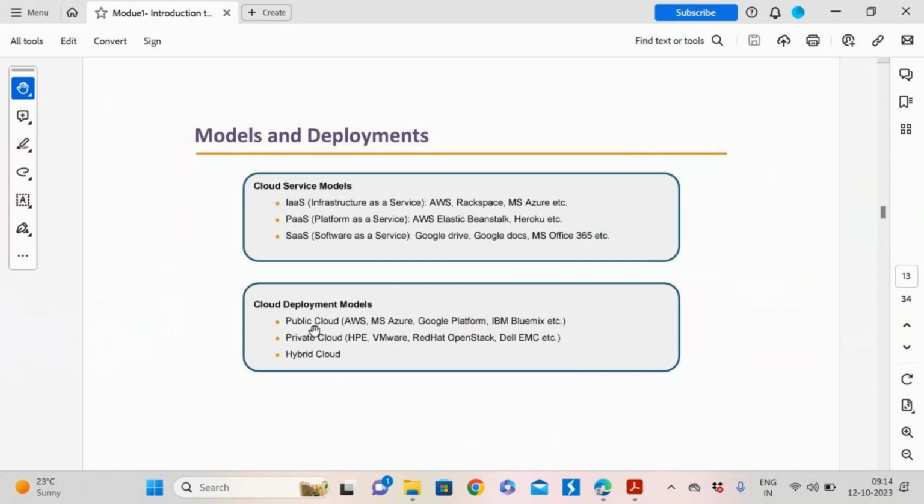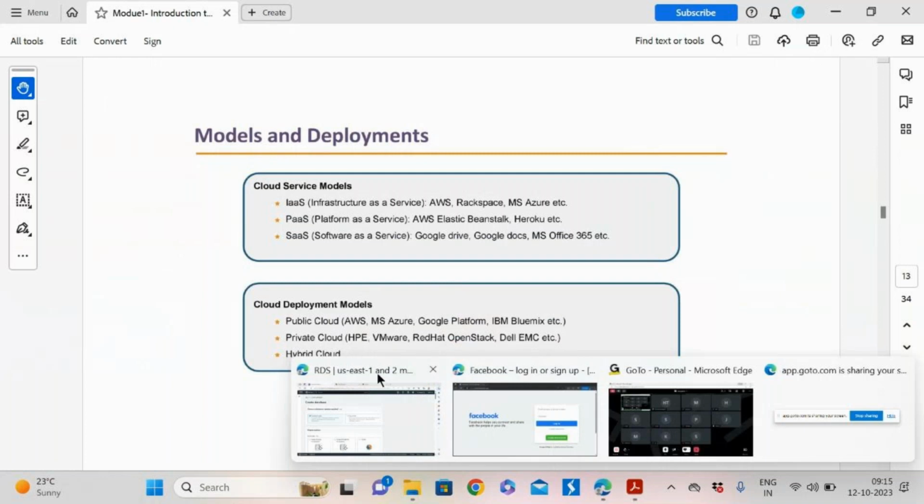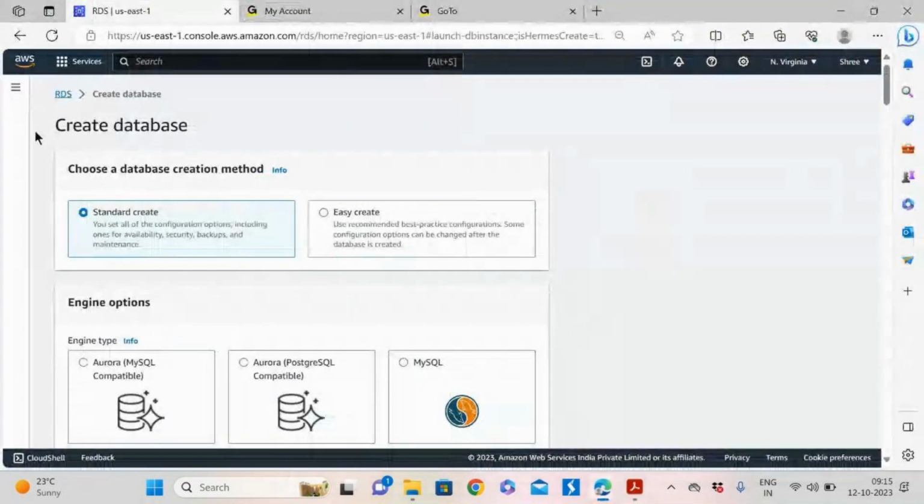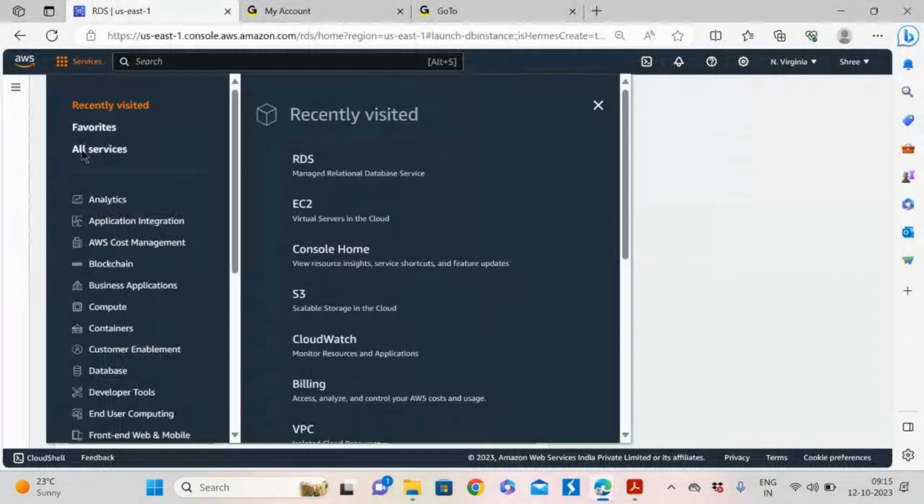Public cloud means everybody who has internet access can access the public cloud services. Hybrid means a combination of public and private. A few companies may use only public cloud, a few may use only private cloud, and a few may use hybrid, where they use both clouds. Now let's get into this console and talk about a few more services today.